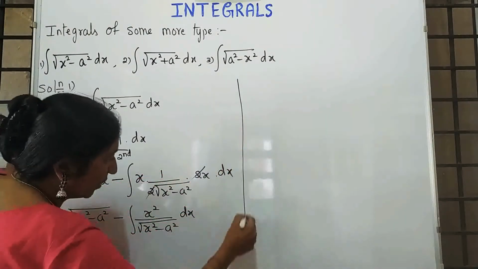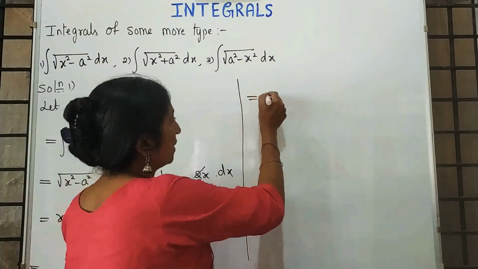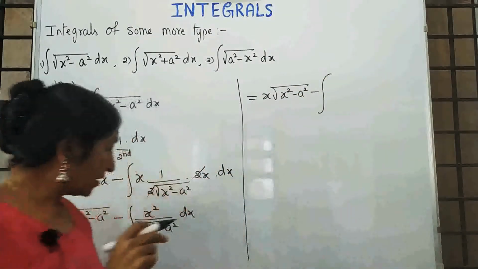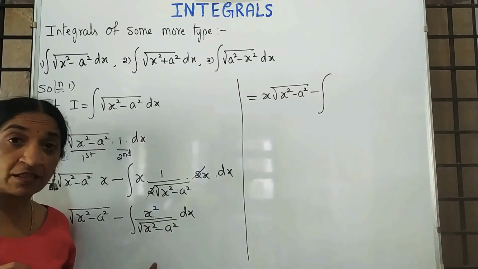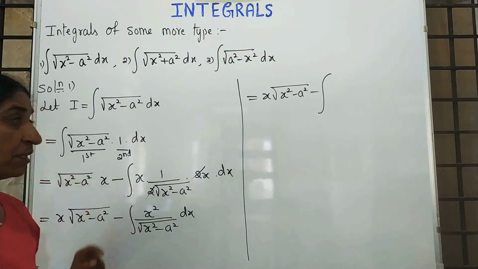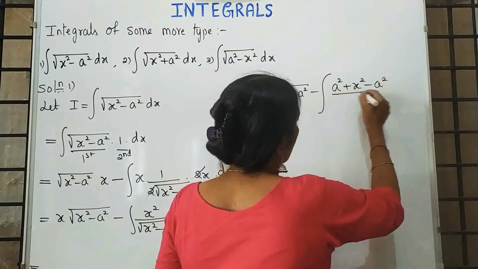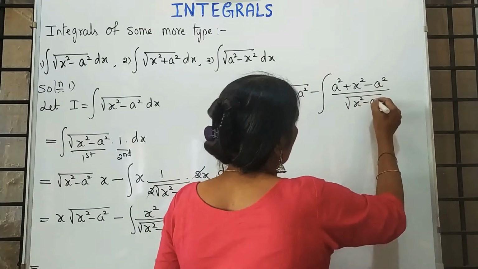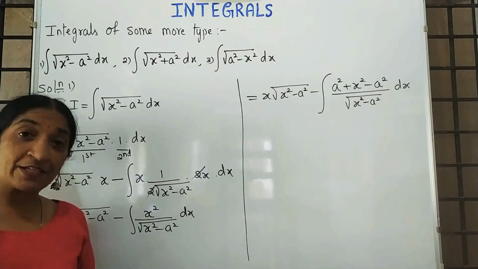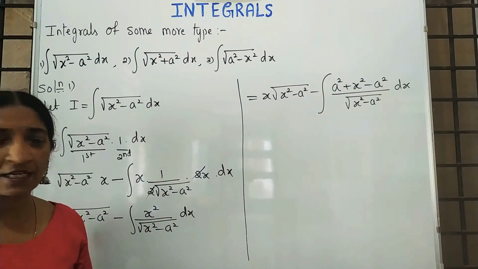See, here we are not doing any substitution. Substitution is also possible, but I am showing you one method. The first term, x into root of x square minus a square, as it is, minus integration. See, what we have in the denominator? We have root of x square minus a square. Depending on that value, I am rearranging the numerator. Whatever expression is present in the denominator, depending on that I will do a small adjustment in the numerator. So I am adding and subtracting a square; plus a square minus a square gets cancelled, again you are getting the previous step.